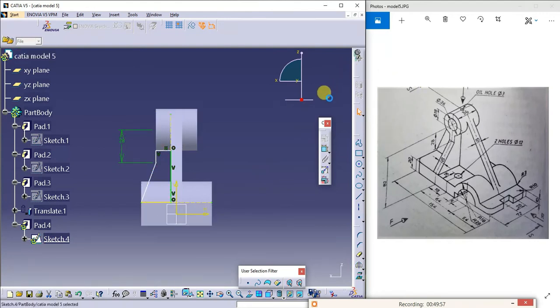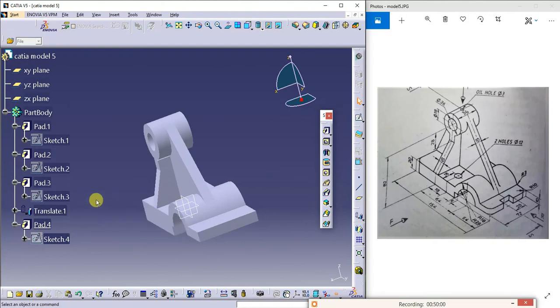So I'll exit from the workbench now. Still there is a gap.